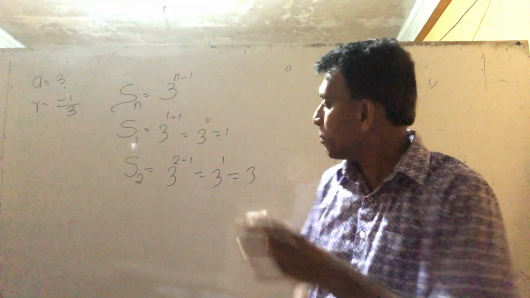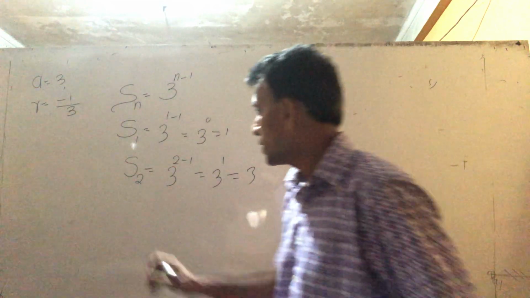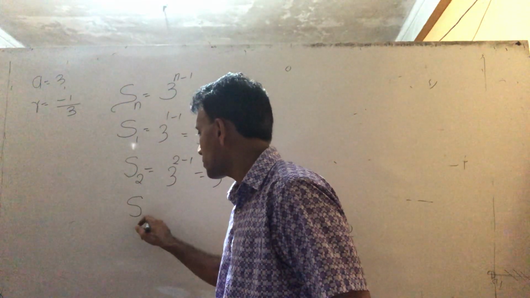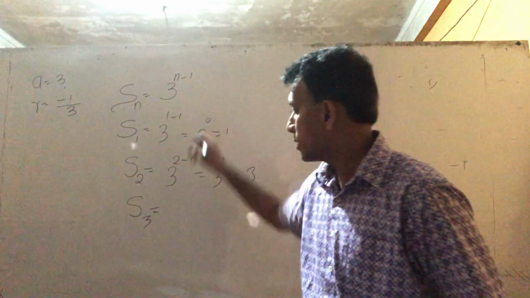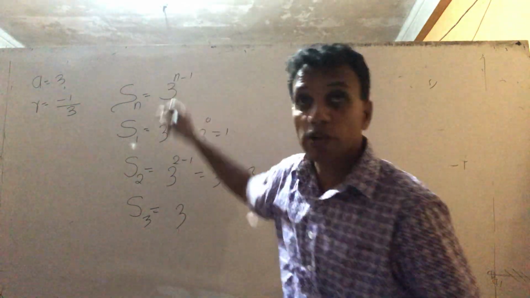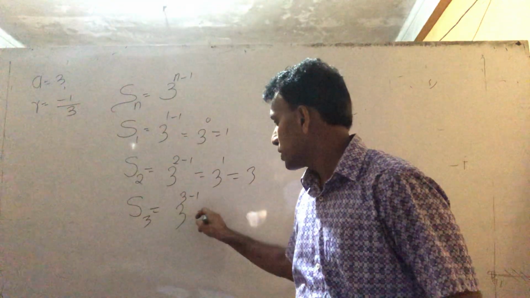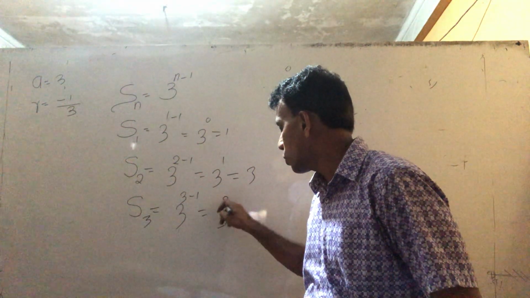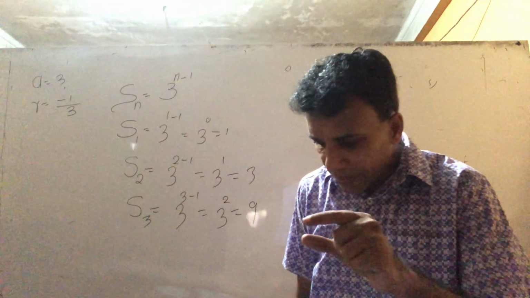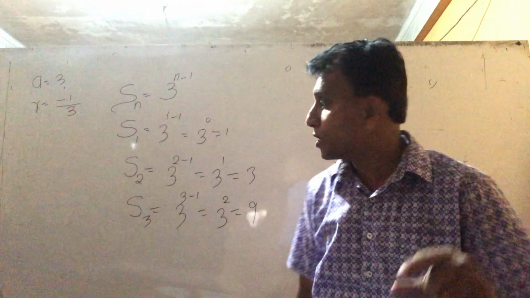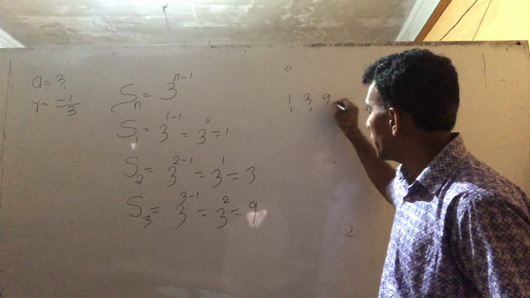Sum of the 2 numbers is 3. Put n for 3 also. Sum of 3 numbers: 3 to the power 3 minus 1, so 3 to the power 2, that is 9. Now if they ask to write the first 3 terms, if you say 1, 3, 9,